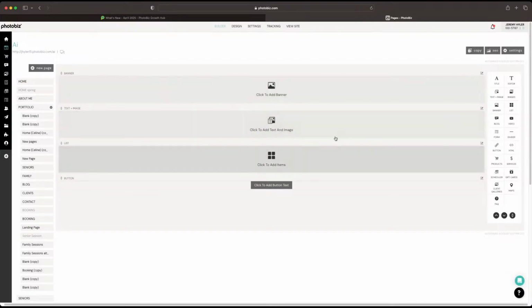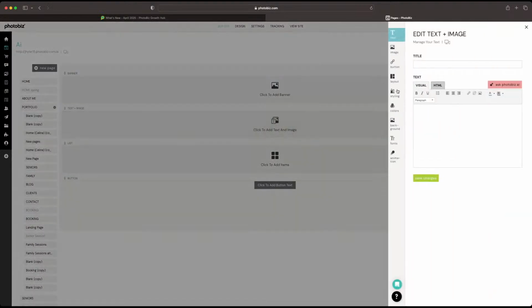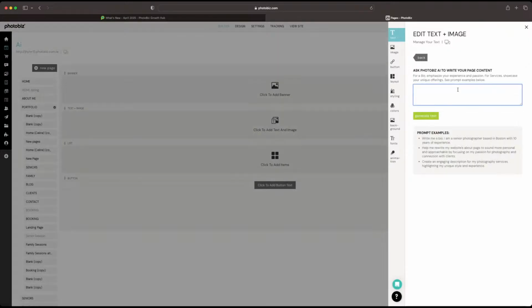So if we're making, like, say, a mini session page like we did last week, if you're starting from scratch, you can start right here. So let's go to our text block. You'll see that you have title and text, and you have the Ask PhotoBiz AI section. And this right here will help you when it comes to writing content. Now, what do you want to write? That's the biggest thing. So say we're doing